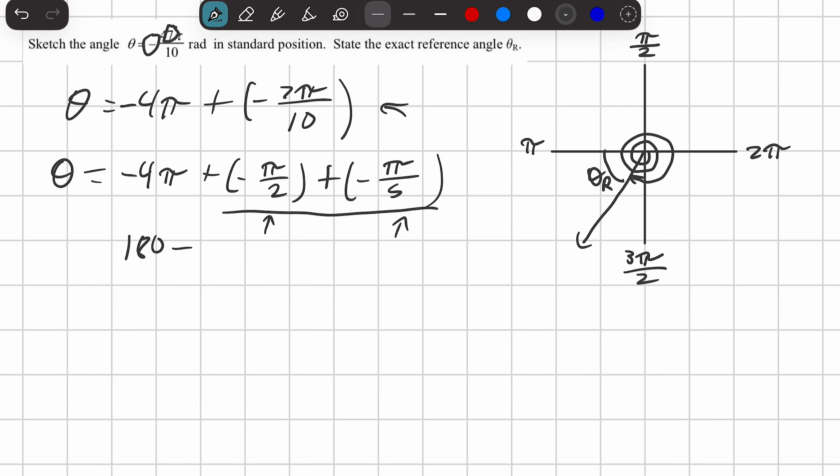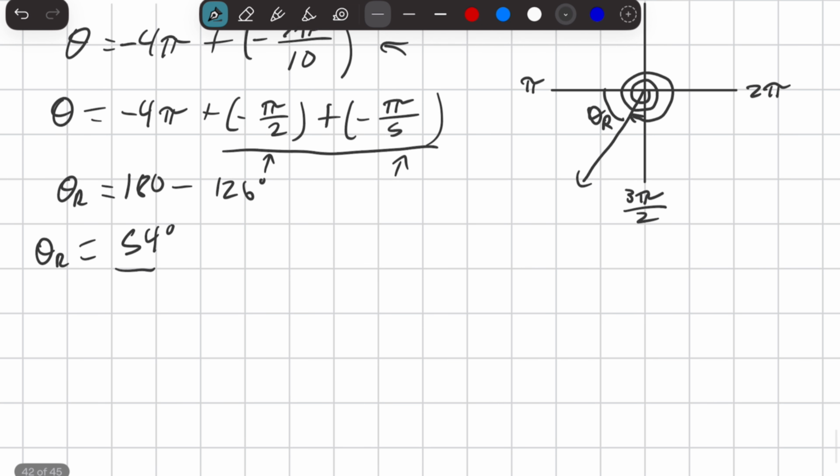So you get 126, and that is going to equal 54 degrees. So this is what your reference angle is going to be in degrees. However, if you do this in radians, which is what you need to do, this is just so you can draw it better. When you do this in radians,